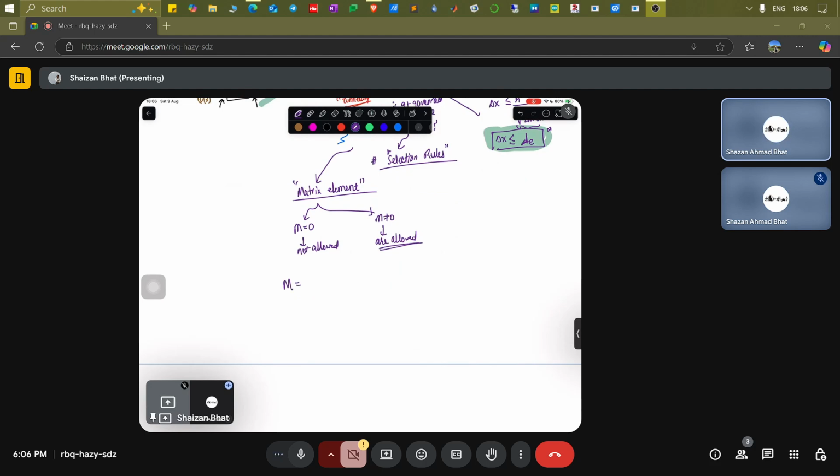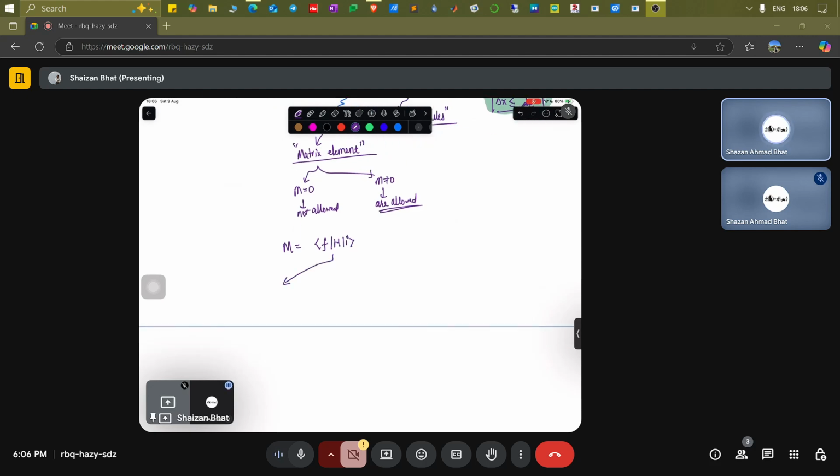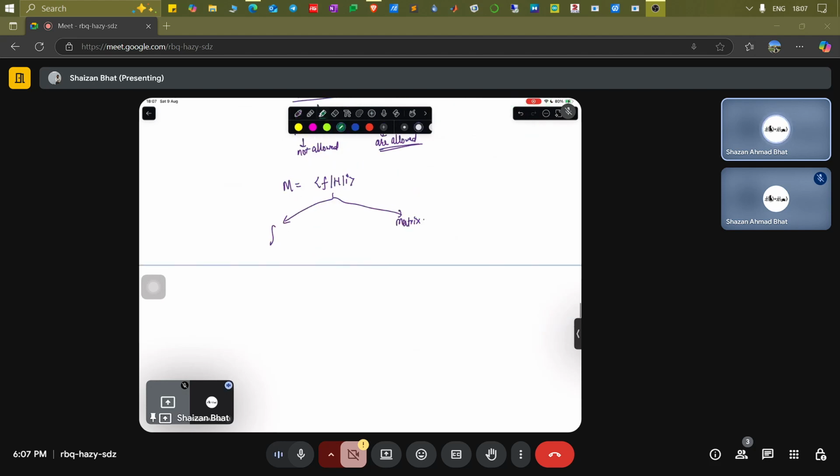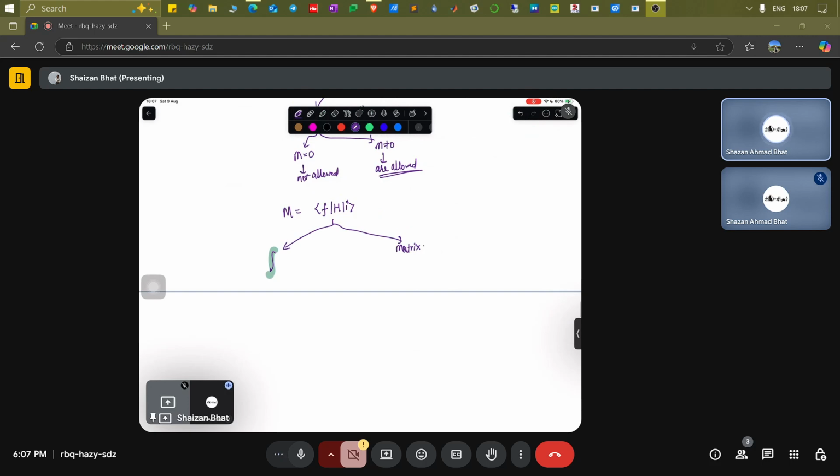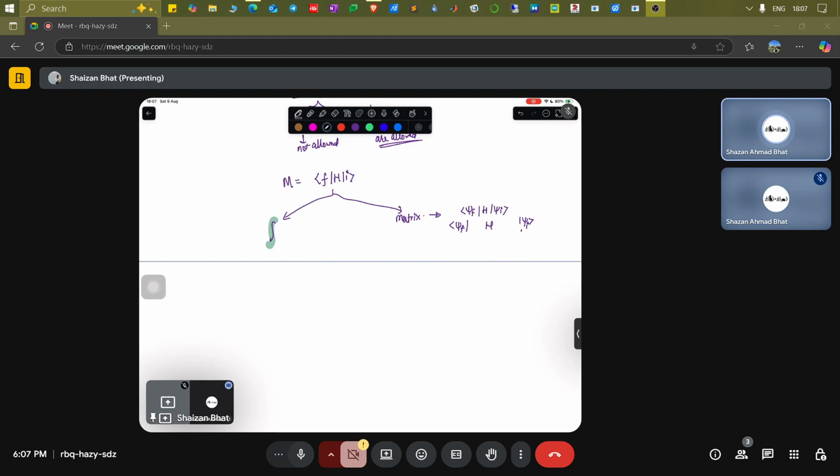You can write it as, let's say, some final state, Hamiltonian, some initial state. Now you can write it in integral form, or you can write it in a matrix form. The integral form you have seen earlier; I have written it in the above slides. How can you write it in matrix form? The matrix element is psi f, Hamiltonian, psi initial. So psi f is basically this form, psi initial is this form, and then you have a Hamiltonian. All of these are basically matrices. For example, this psi initial is, let's say, a row vector, like a row matrix. This is a square matrix.